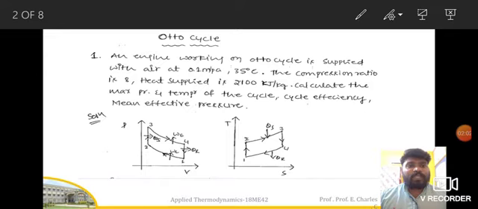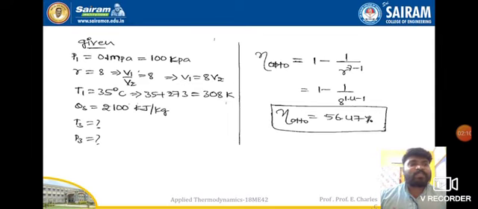First and foremost, after reading out the problem, you should analyze and understand the data which is given. So this is the given data. P1 is equal to 0.1 megapascals. We have to convert megapascals into kilopascals. In any numerical that we solve under these air standard cycles, everything should be in SI units, kilopascals, kilojoules per kg, kilonewtons or kilowatts. So 0.1 into 10 cube is nothing but 100 kilopascals.